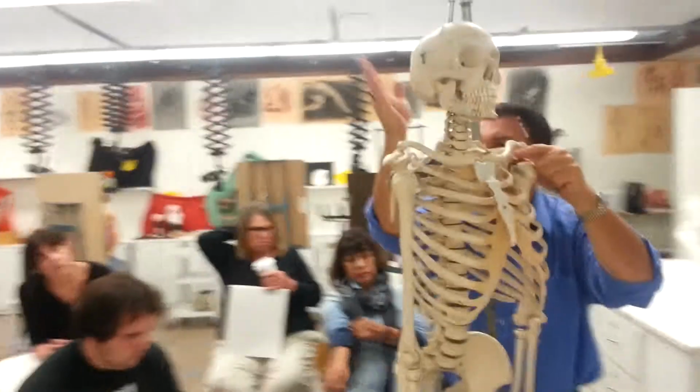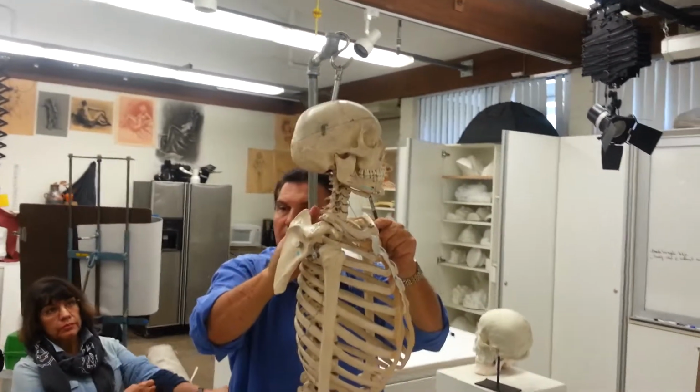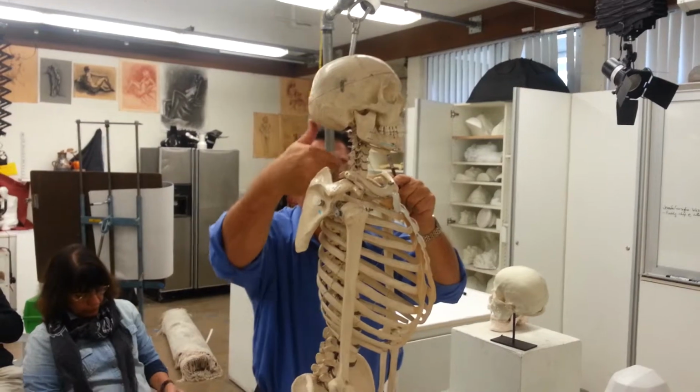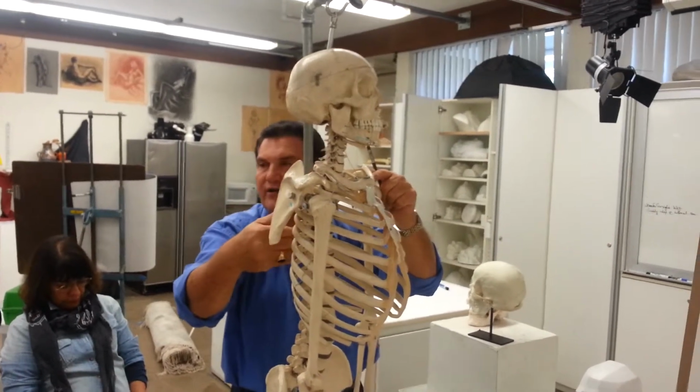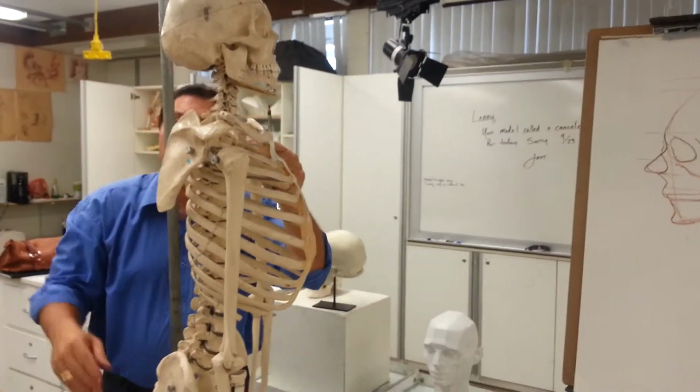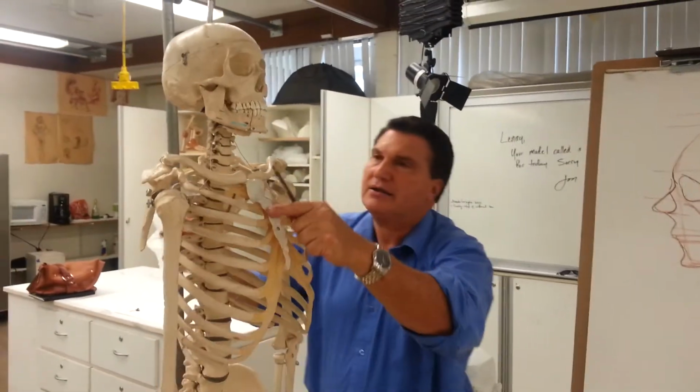4, 5, 6, 7. You see this one here? This is where the curve goes this way, and then at the 7th, it moves the other way. So you have a concave area, and you have a convex area. Why is this important? Because that